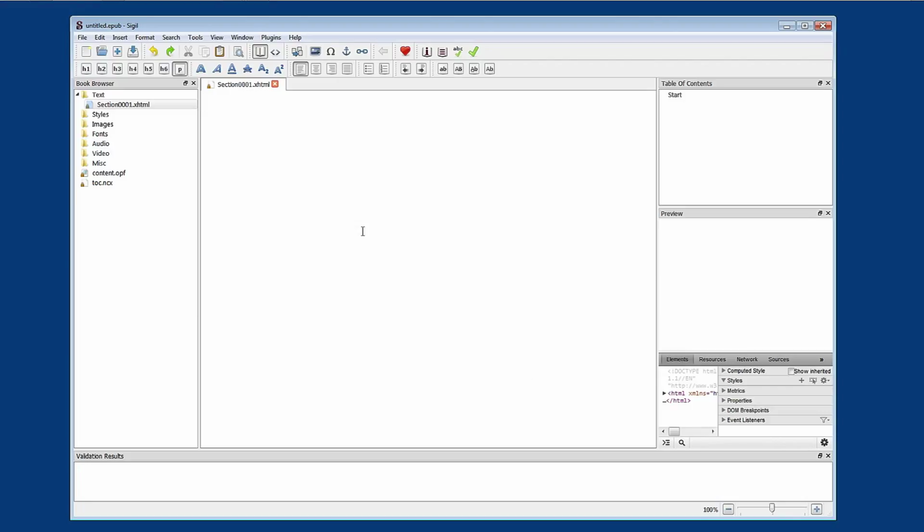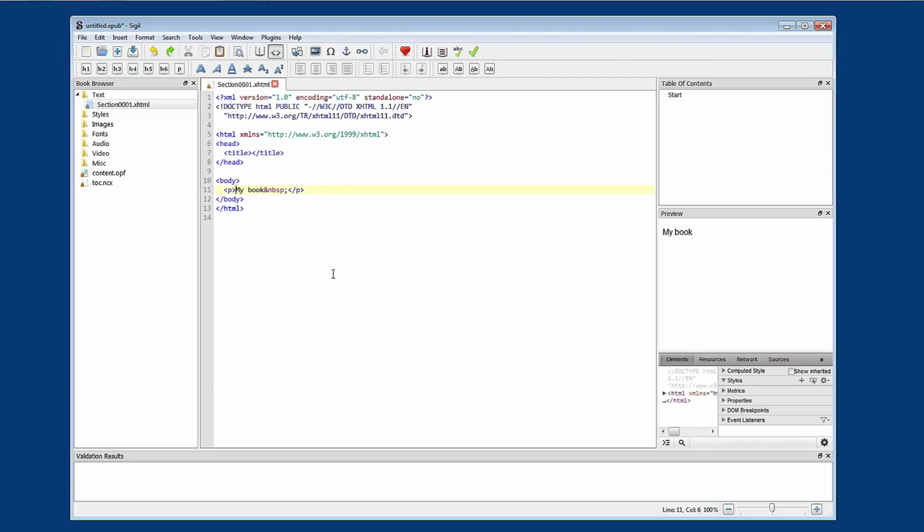The section here is where you'll be doing most of your typing, and this is the what you see is what you get editor. And the other part of this editor that is very useful, and we will be looking into also, is here: we have book view and then we have code view. So when I click code view, it shows us all of the underlying HTML code that makes up each page